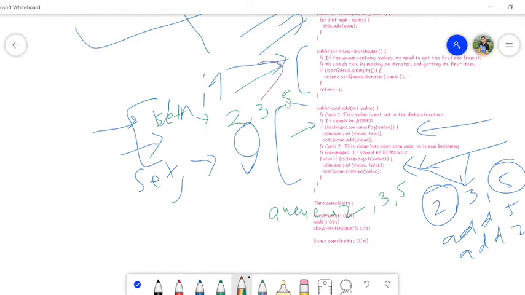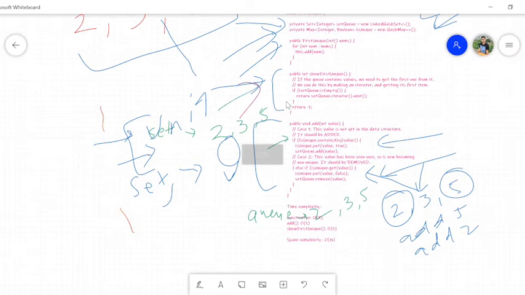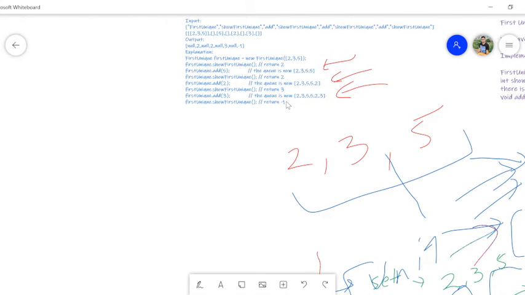If we see here, when we called first unique element, it is returning 3. This is perfectly okay. But when we call add 3, it will again check whether it is contained in the set. Yes, it is. So we need to mark it as false, like it's not a unique element in our hash map, and we will remove it from the queue itself. The output will be -1 because there is no unique element, because the queue is empty.